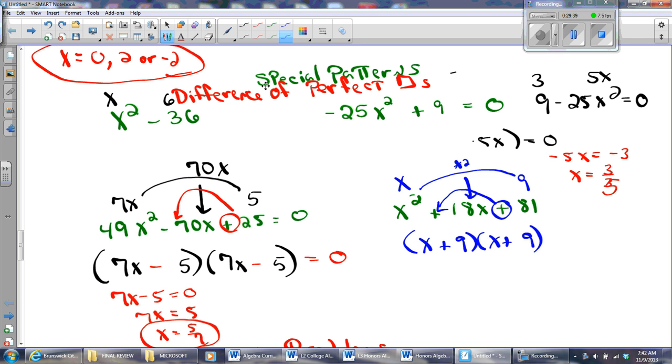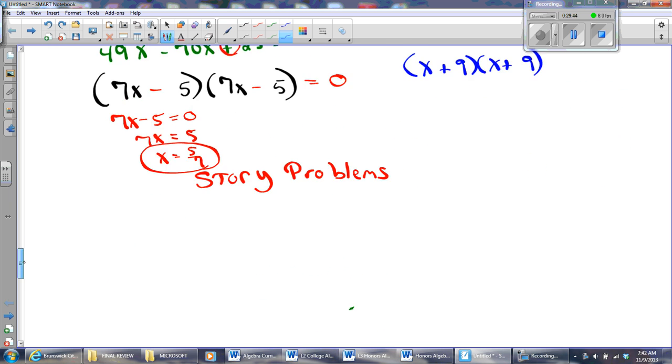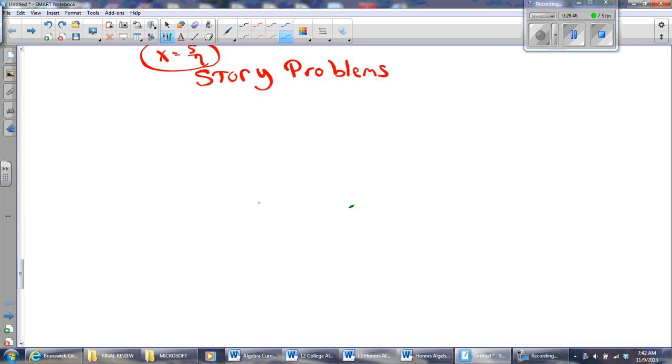All right, did you notice on the difference of squares problems, you got one of each? You got a plus and a minus, but on the perfect square trinomials, you get the same sign twice, whether both negative or both positive. All right, for story problems, I'm just going to do the story problems off of your review